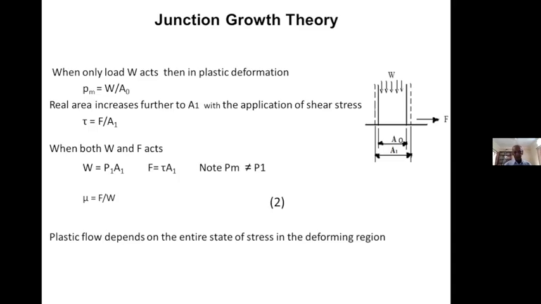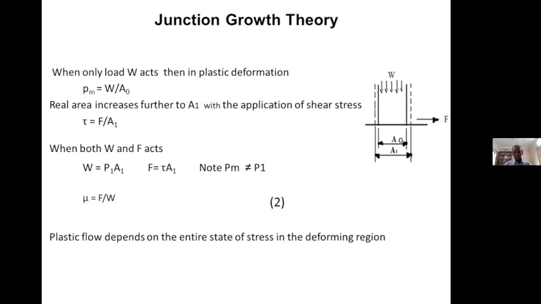It is the combined action of the two forces that is important at the contact. Now, in this slide, we consider a flattened asperity shown as a part of the rectangle